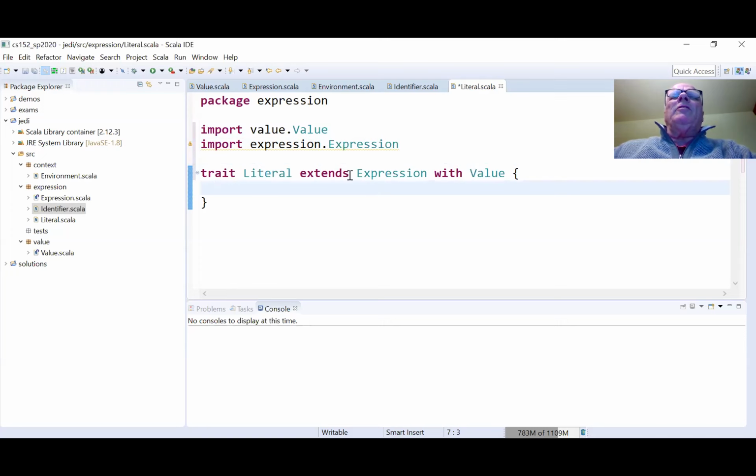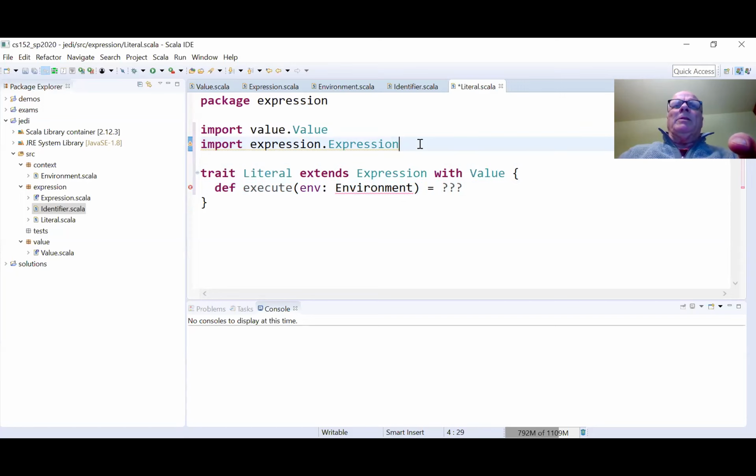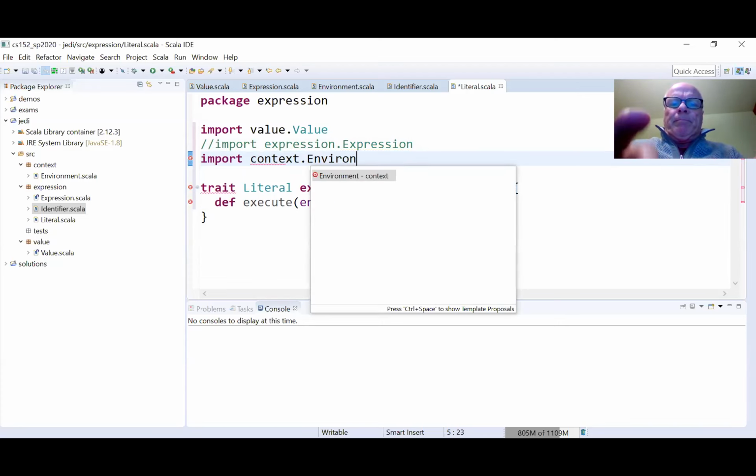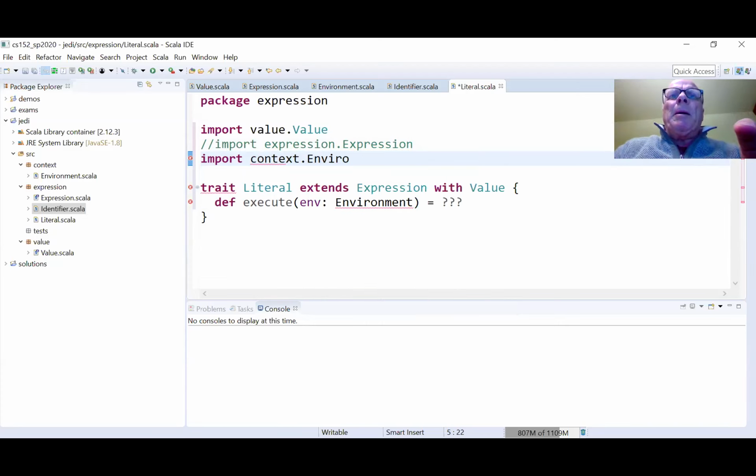Now, because it extends expression, you need execute. So, gosh, now I'm in expression, so I don't need that import. But I will need to import from context.